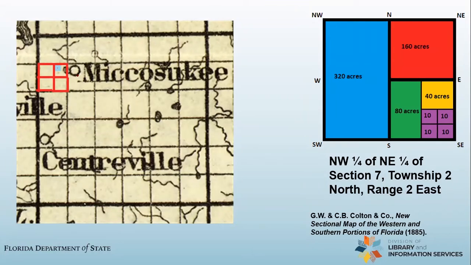Now, with that information, we could go to the property appraiser's website and we could zoom in on their map and find that particular section, and we could find that particular quarter, and we could actually go and see exactly who lives there now. Okay, so why don't we actually do that? That's a good example there.